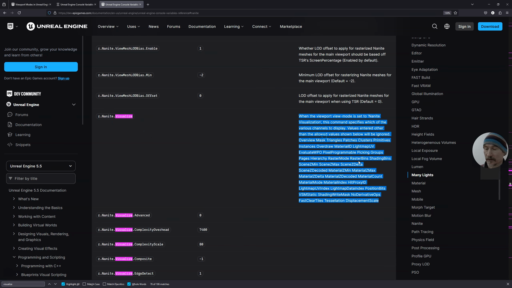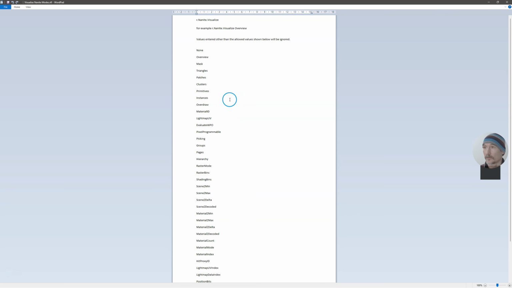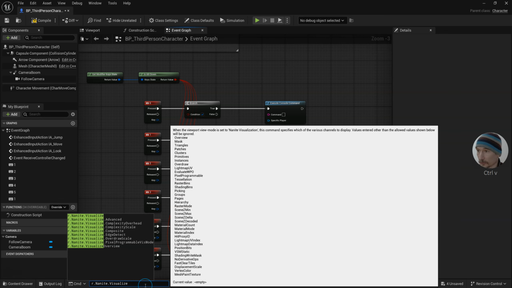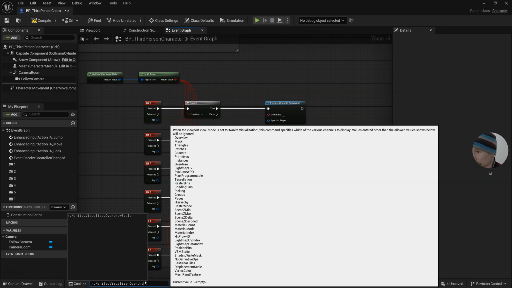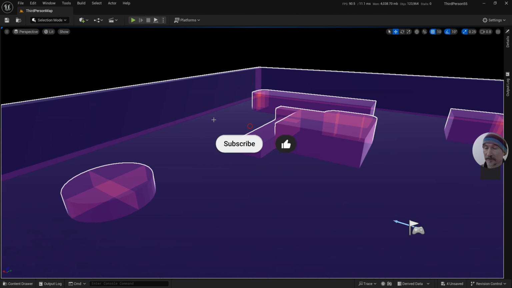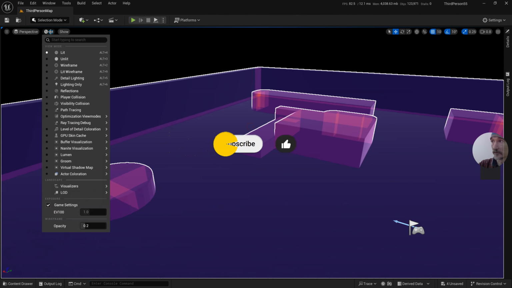And here, if you format it, you've got all the view modes of Nanite typing into here. And it does pop up with a tooltip with them all there. To visualize overdraw, I type space overdraw and press enter on that. And even if I go to lit, because I did the command, I've overridden even what's going on in the